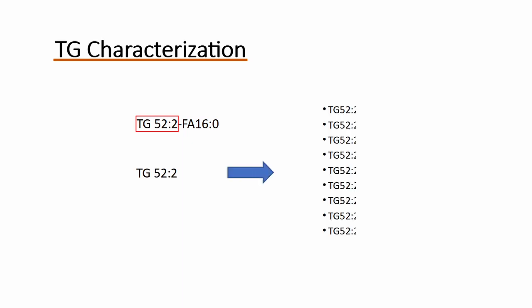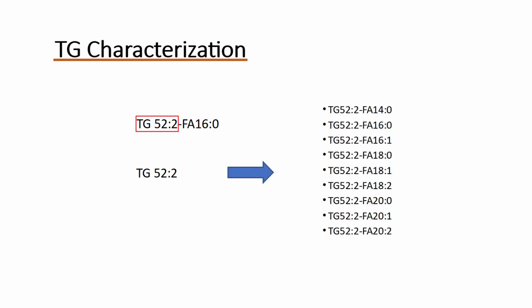Within our analysis, triacylglycerides are measured differently from other subclasses. Because they have 3 acyl tails, we do not identify all 3 acyl tails. We measure the bulk number of carbons and double bonds on all 3 fatty acids. We are then able to fragment off and identify 1 fatty acyl tail. For each bulk species, we carry out this fragmentation for all likely fatty acyl tails. In this example, you can see that we measure 9 likely acyl tails on this bulk species.